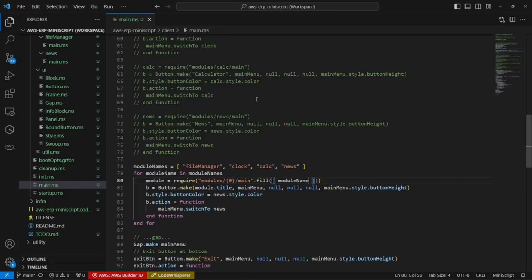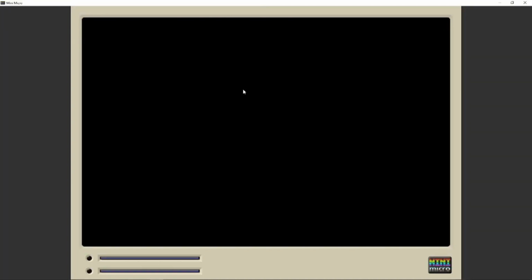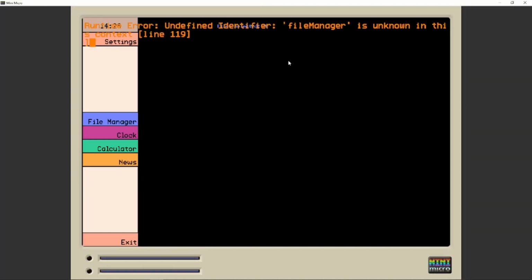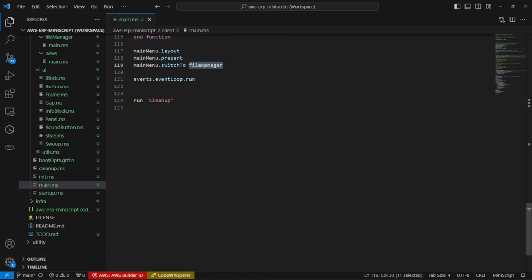Identifier news, line 82. Put that down there. And down here. File manager is unknown, line 119. So we're going to look at